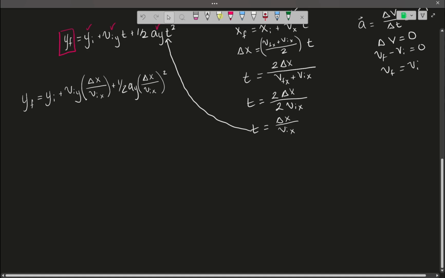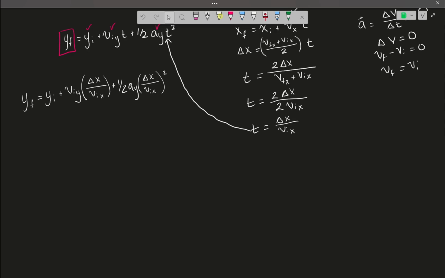This is going to be quite a bit of algebra, especially because we still need to figure out what the initial velocity in the y direction and the initial velocity in the x direction are. So I'm going to try to simplify this a little bit. The next thing I'm going to do is I'm going to replace my VIY and my VIX with their